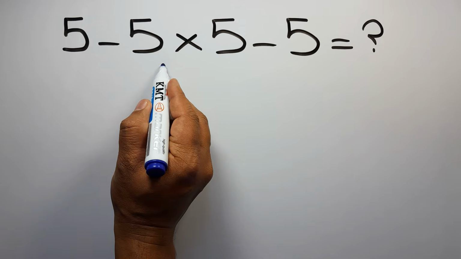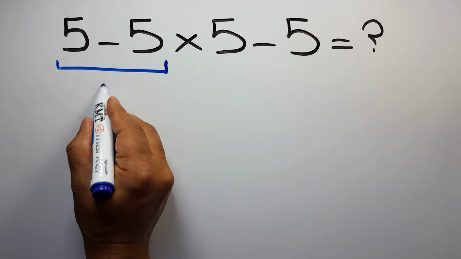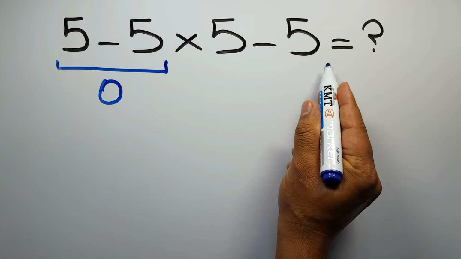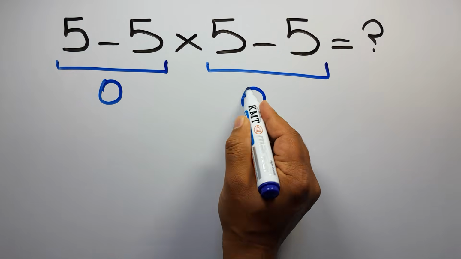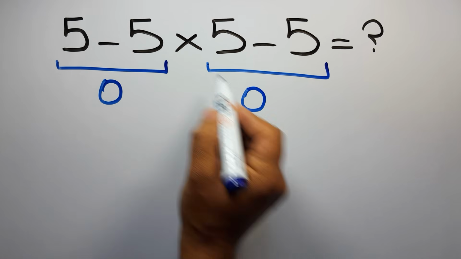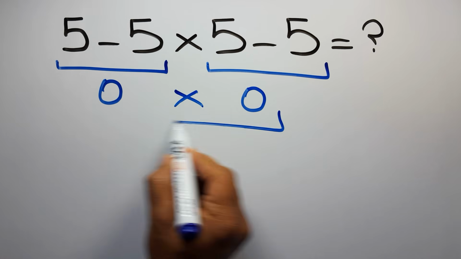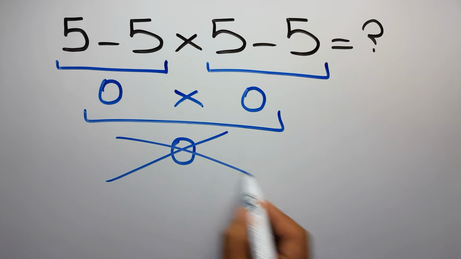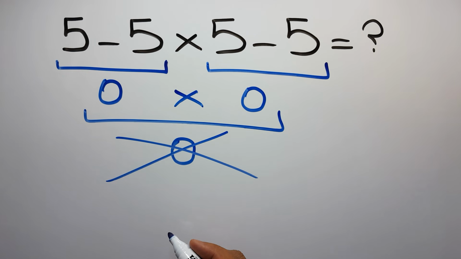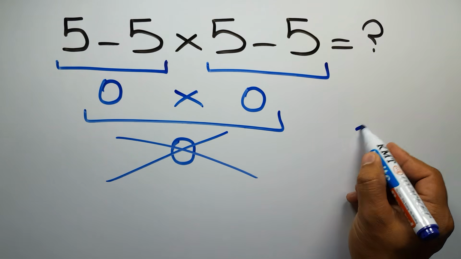5 minus 5 gives us 0. And again here we have 5 minus 5. So 0 times 0 is just 0. But this answer is not correct because according to the order of operations, which is PEMDAS,